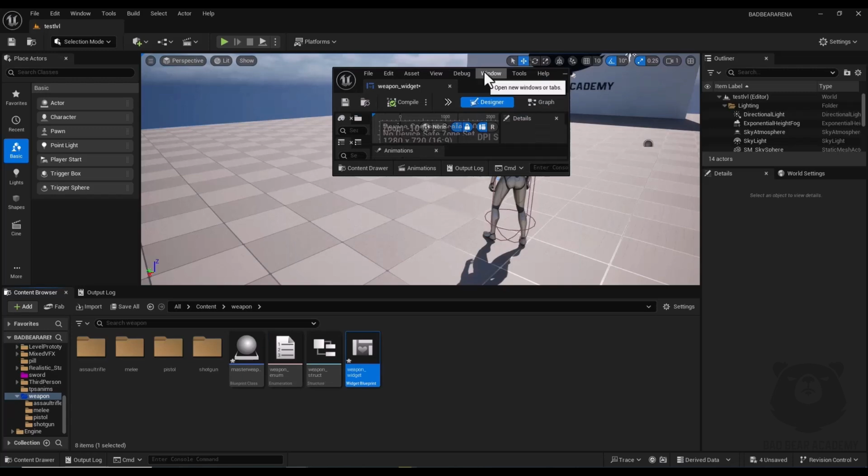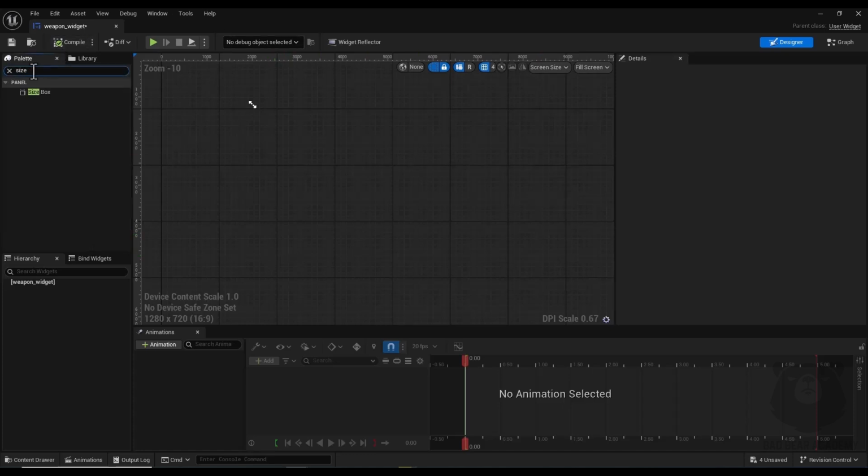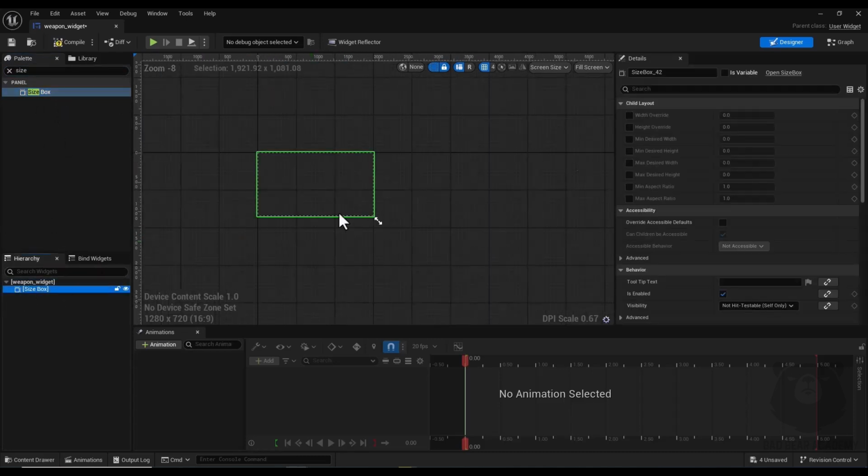Okay, now I open my widget blueprint up, and first I'm going to add a new size box. So here I search for size box and drag and drop it here. I select it and check this width and height. I set this one to